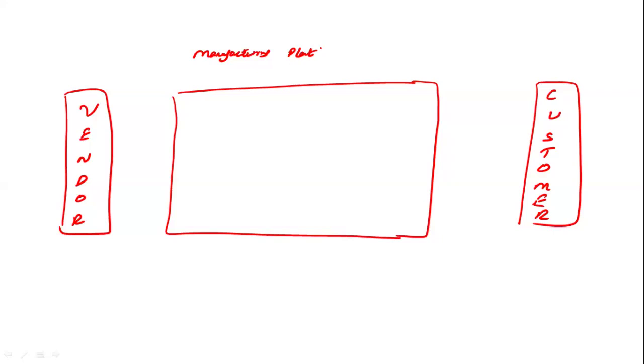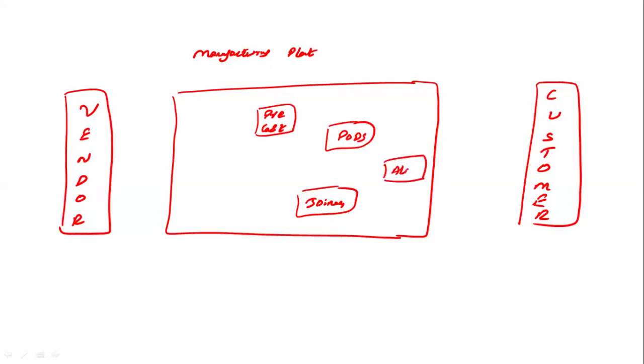Okay. Now, as I mentioned, let me take the 4 plants I discussed. Here you will have the concrete, which is called precast. Okay. Then you will have the joinery. Okay. Then you will have your pots. Then you will have your ALM or ceramics, or sorry, glasses. So when a business wants to start any of the manufacturing, they need the raw material